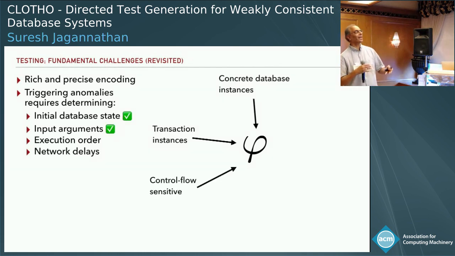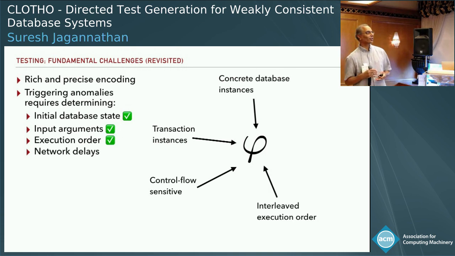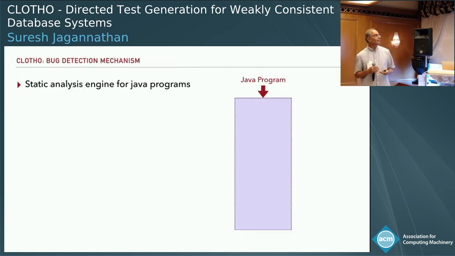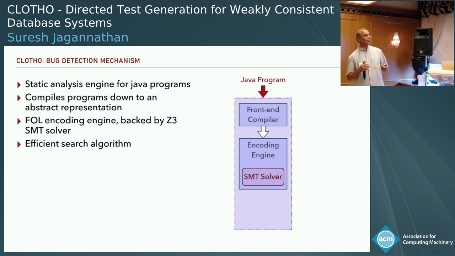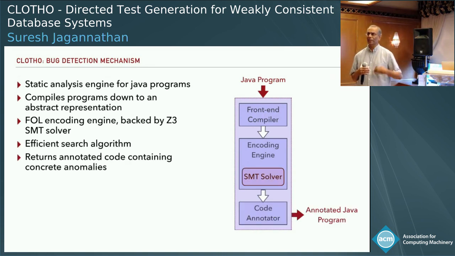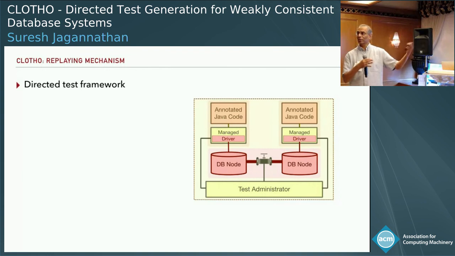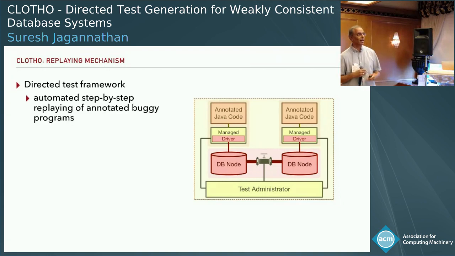Okay, so we've proven that this particular structure of the first order logic formula that we've constructed, the symbolic encoding, is enough to address all of these issues that I talked about earlier. We can systematically construct initial database states, we can construct input arguments, and so forth and so on. So we have a system that does this. We've built a system that takes Java programs, encodes them into this kind of symbolic framework, uses Z3 as the underlying solver, and we built a testing framework and a replay framework that does all of this automatically, right? So the amount of work that's required by the programmer is nil.